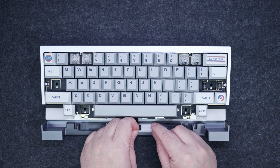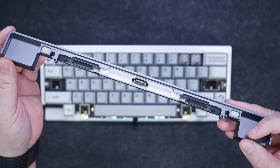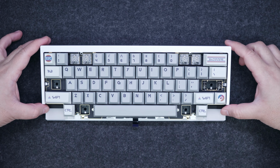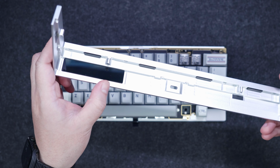You don't need to remove it, but let me do just that so you can see these gaskets up close. All the gaskets on this keyboard are located on the chassis itself rather than on the plate. Now the upper top cover isn't attached to any ribbon cable, so you can just lift it like so. Here you can get a better look at the window for the wireless frequency and the gaskets around the top